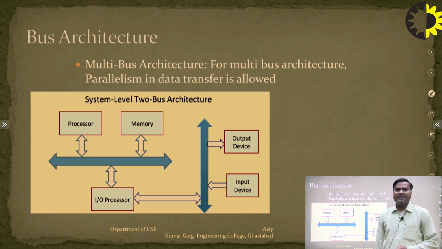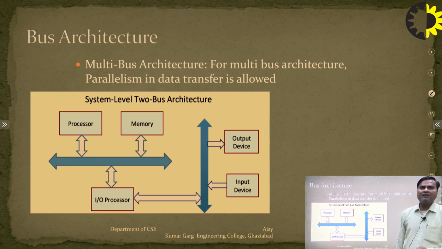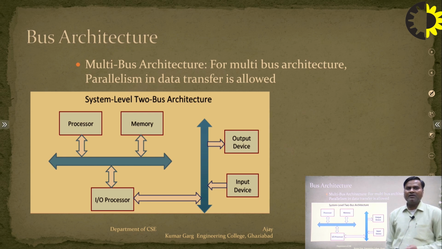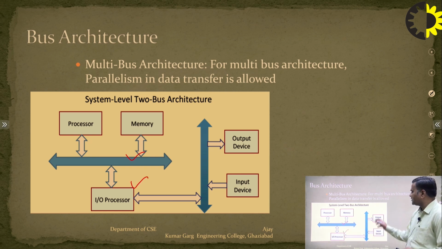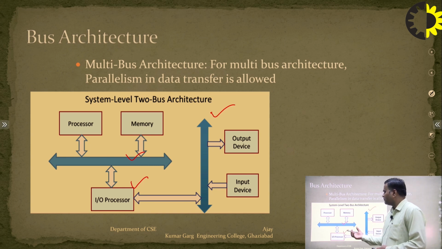In multi-bus architecture, parallelism in data transfer is allowed, because here we can see that the processor and memory are connected to a different bus, and the IOP, that means input output processor, is connected to a different bus. Here parallelism is allowed for the data